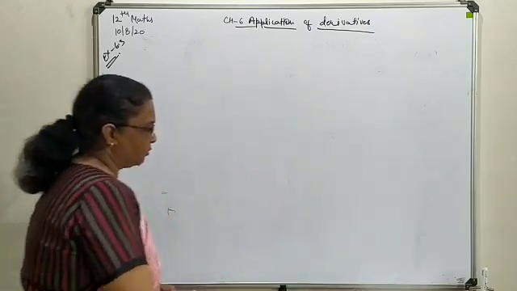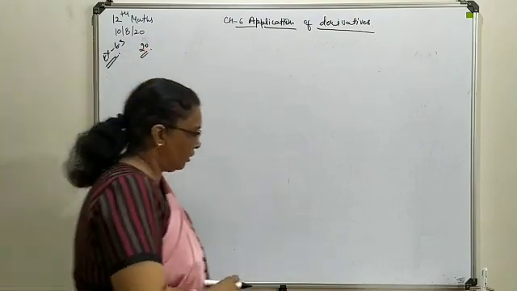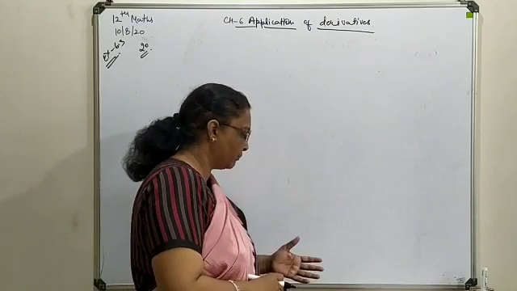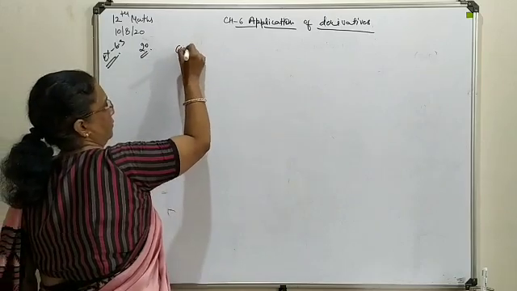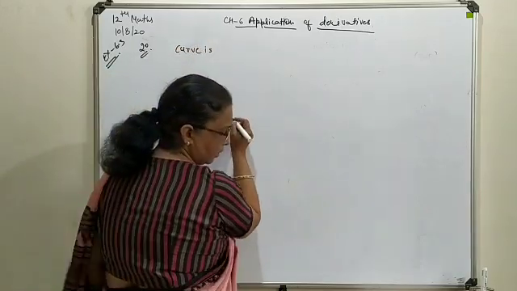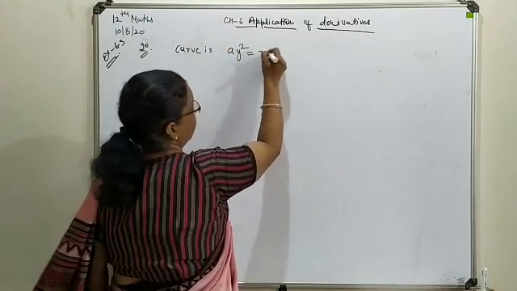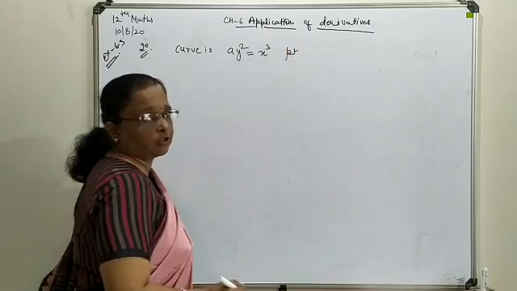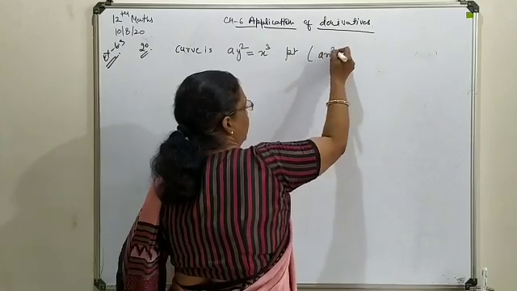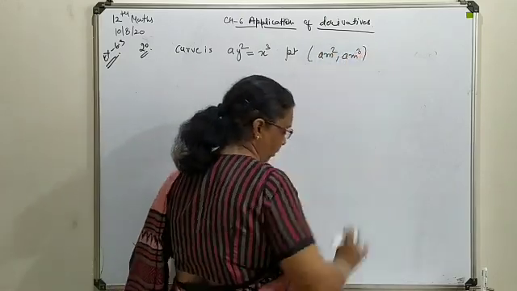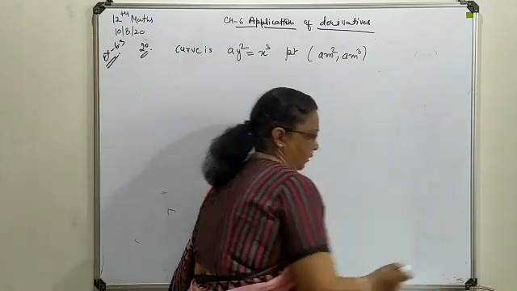Now next question we are going to attend, question number 20, in which the equation of the normal at a point for a given curve we have to find out. So first of all your curve is ay square is equal to x cube, and the point on which the equation of normal we have to find out is am square and am cube. Now because of this point combination, this question is quite important.